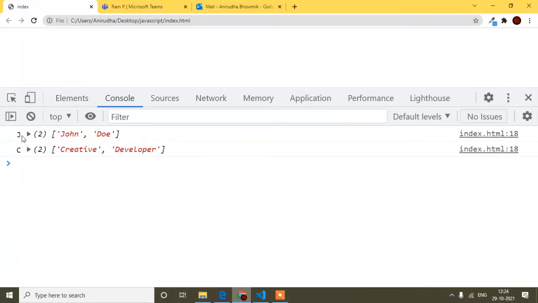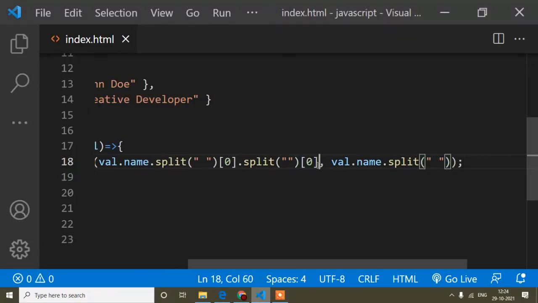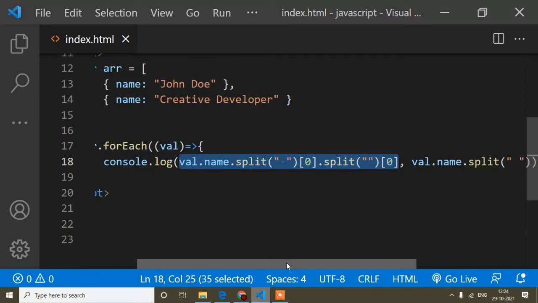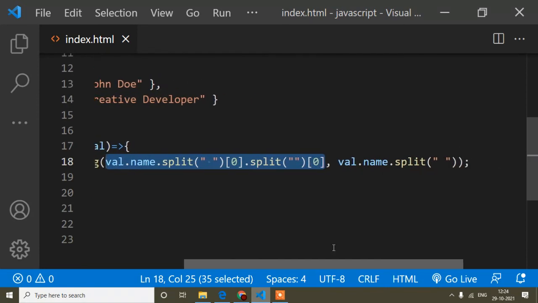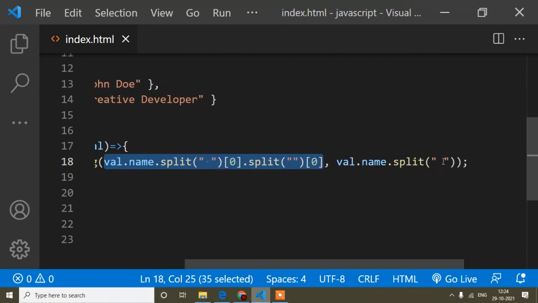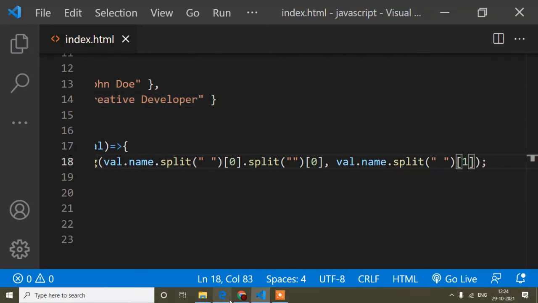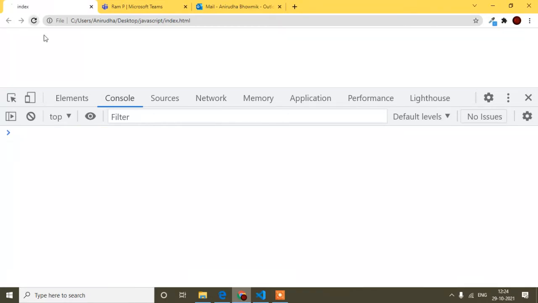you can see it's created an array again, but from this array I need only the last name. Again just the same thing, how I was getting the first letter from the first character. So same thing I will do here, but instead of 0 I need the last one, the last name. So instead of 0 I write here 1. Okay, so now you will find I will get here J Doi.